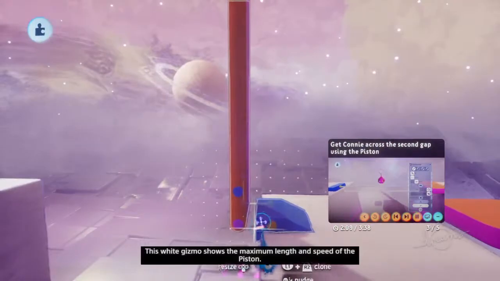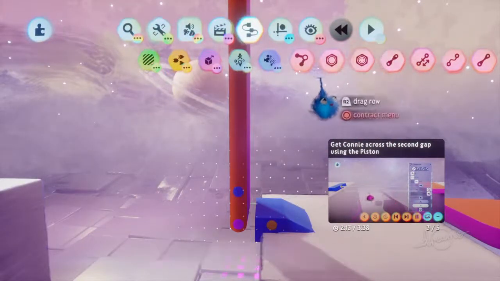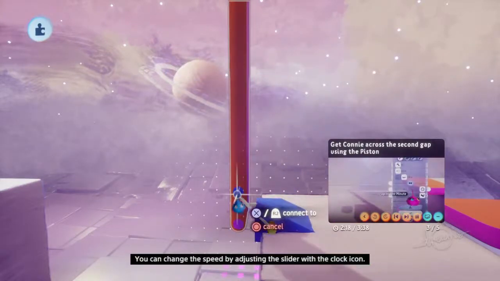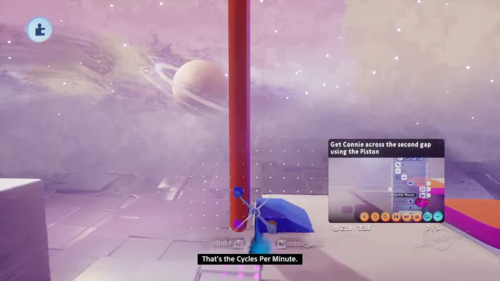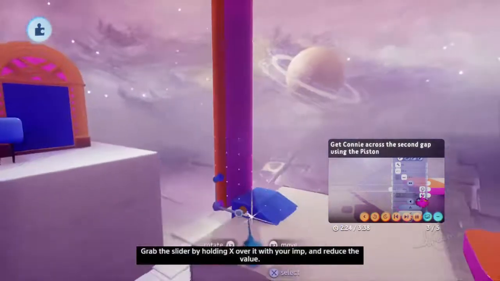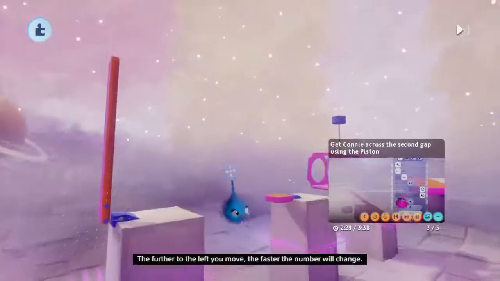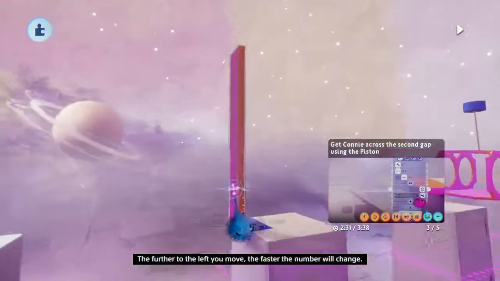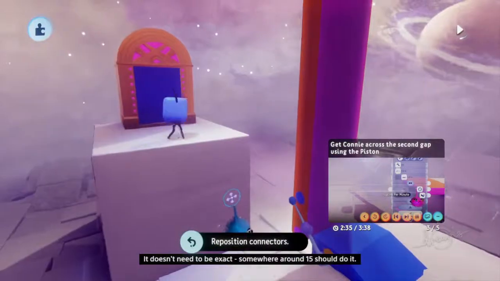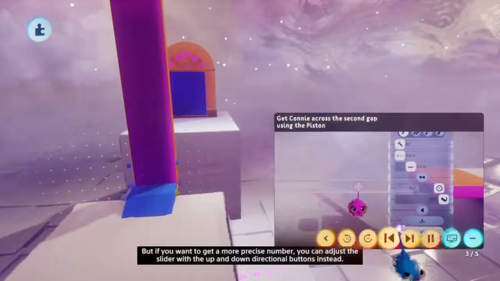This white gizmo shows the maximum length and speed of the piston. You can change the speed by adjusting the slider with the clock icon. That's the cycles per minute. Grab the slider by holding X over it with your imp and reduce the value. The further to the left you move, the faster the number will change. It doesn't need to be exact. Somewhere around 15 should do it. But if you want to get a more